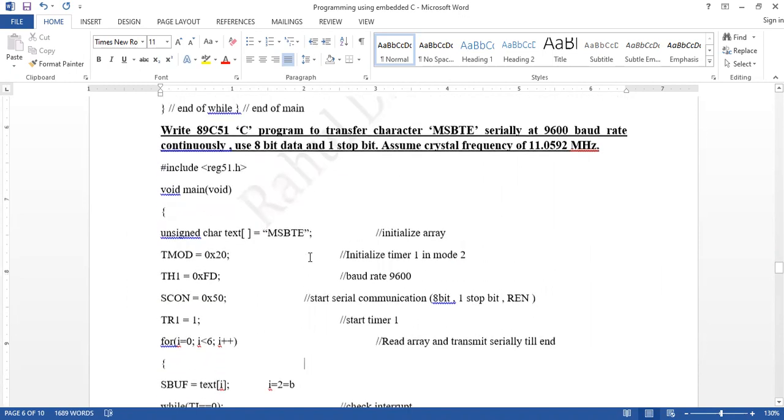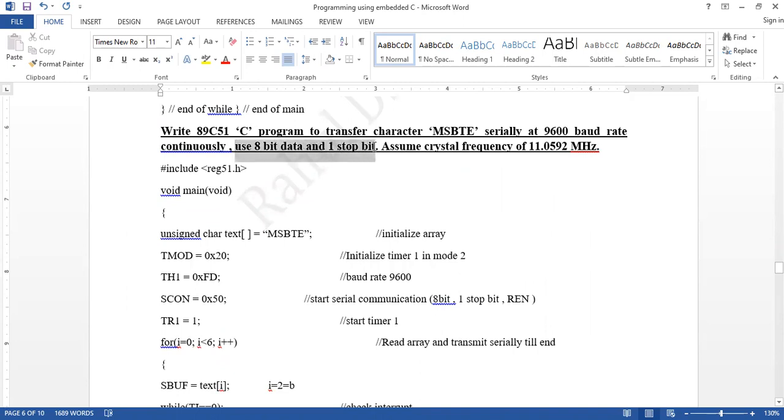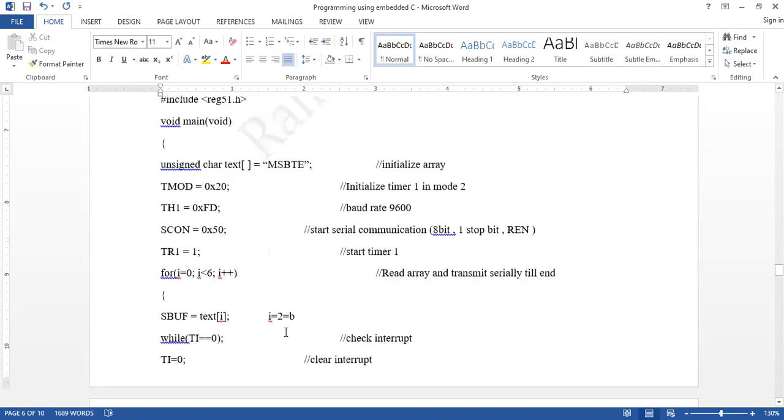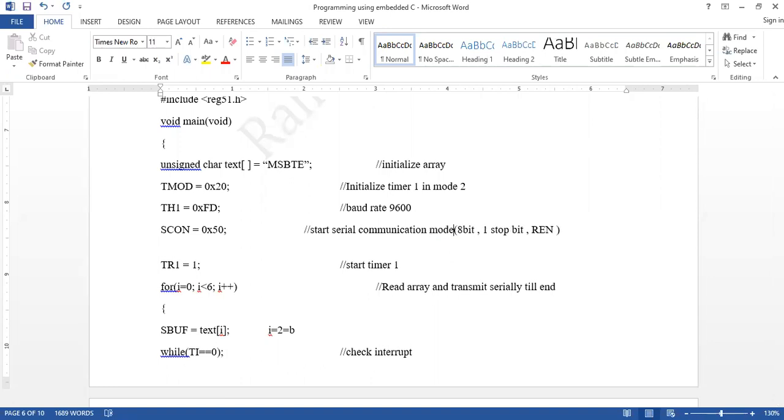Given that the baud rate is 9600 and use 8-bit data and 1 stop bit, it means mode 1 in the SCON register. Here you can take any timer, no problem.